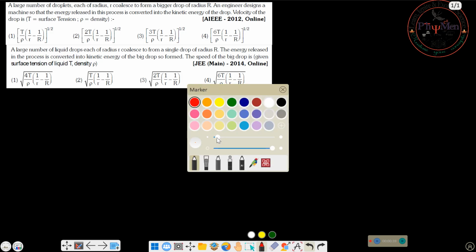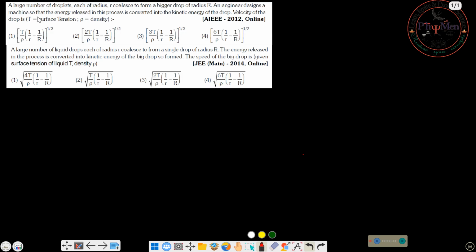So the question is, a large number of droplets, each of radius small r, coalesce, that means they merge to form a bigger drop